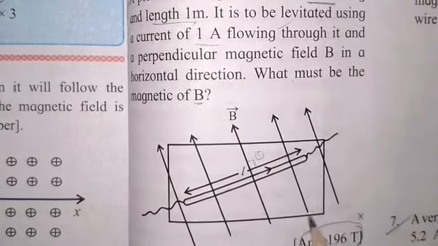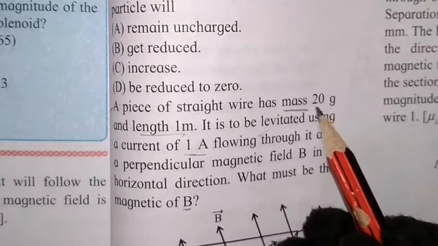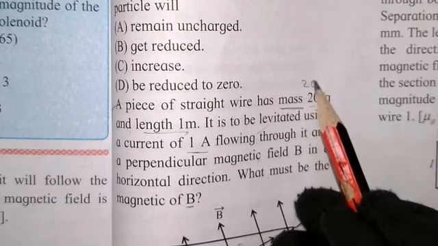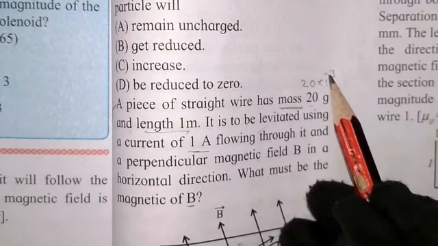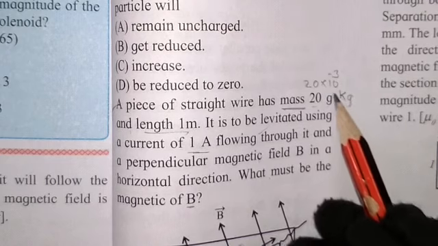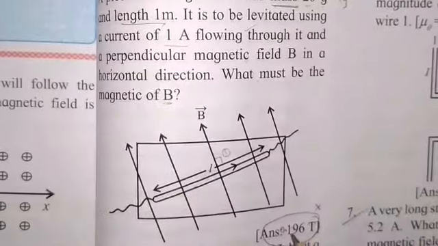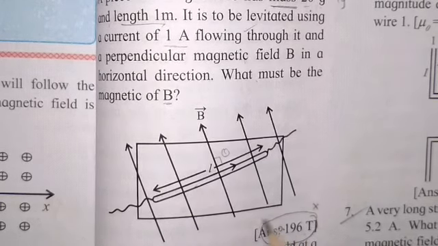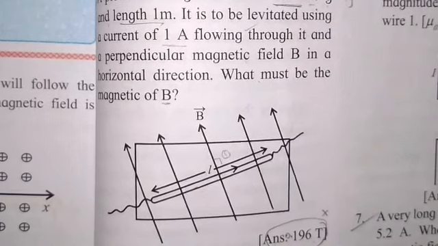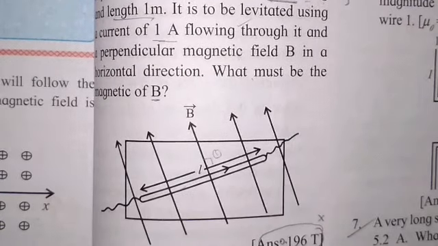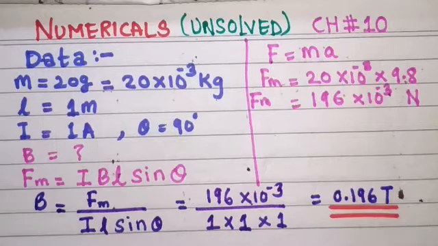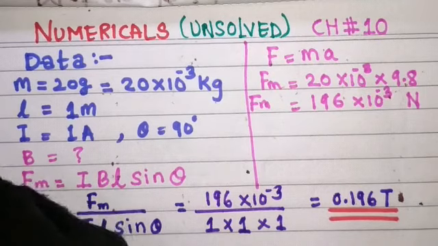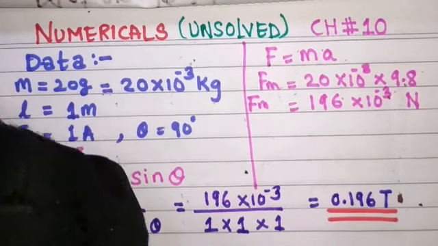Actually it is 0.196 Tesla. What we have here, it is directly considered as 20 in gram, but what we have to do is convert this 20 into kilograms, so it will be 10 raised to minus 3, and this value we will substitute, so that we will get our correct answer, that is nothing but 0.196 Tesla. So please make a correction here on page number 249. So this is the final solution for numerical number 1 and question number 2 of your textbook.